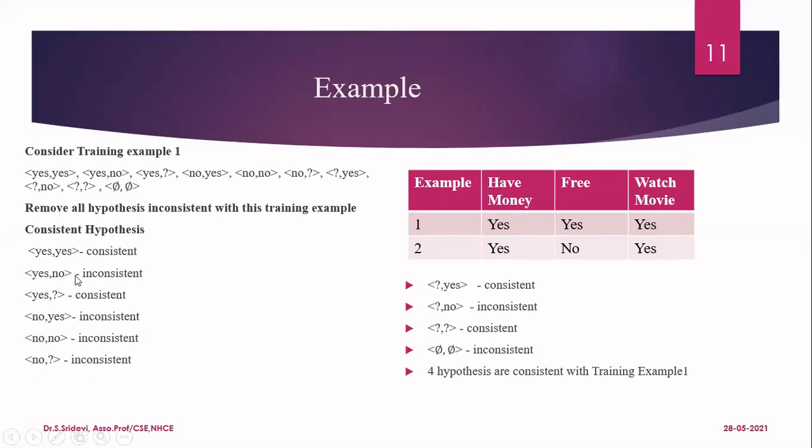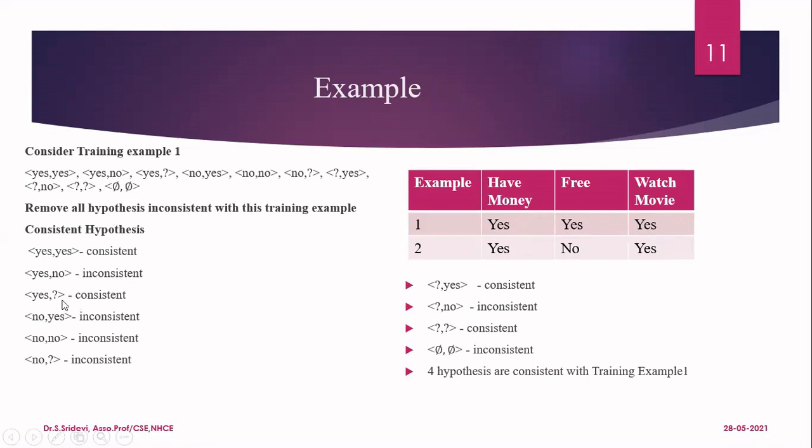Now let us see the second hypothesis. The meaning of this hypothesis is, if I get yes and no for the attributes 1 and 2, I'll be giving the output as yes. But here you see, is this hypothesis consistent with this one? It is accepting the input as yes and yes. If you pass this as input to this hypothesis, it will say the answer is no. The reason is, here it is expecting no, then only it will say yes as the answer. But here we are getting the answer as yes. So this will tell the answer as no only, but the actual answer is yes. Therefore, this is an inconsistent hypothesis.